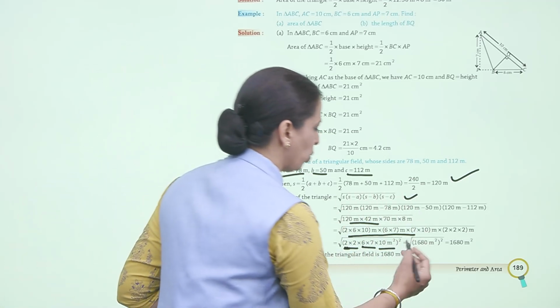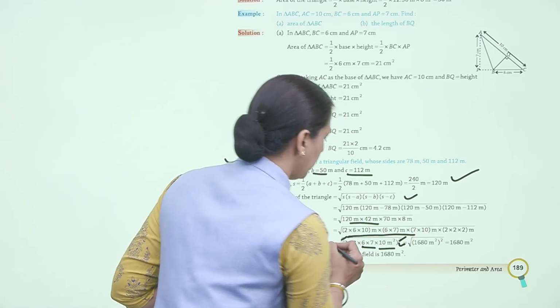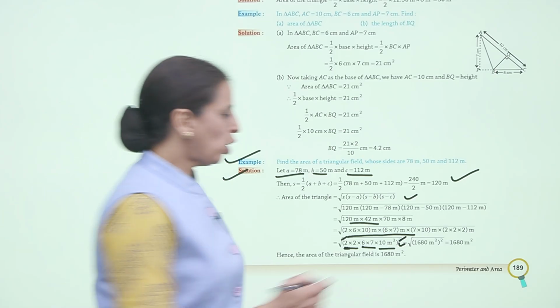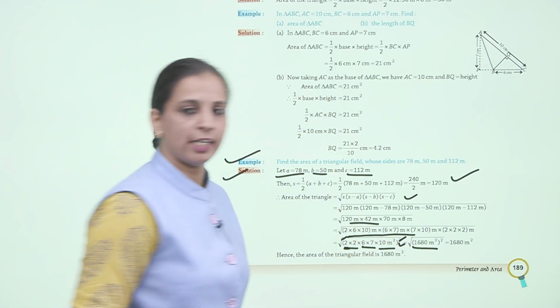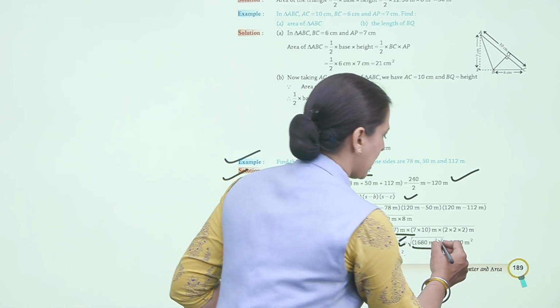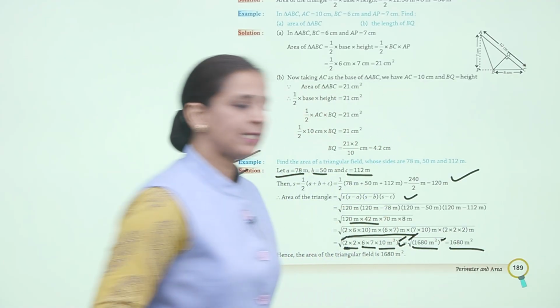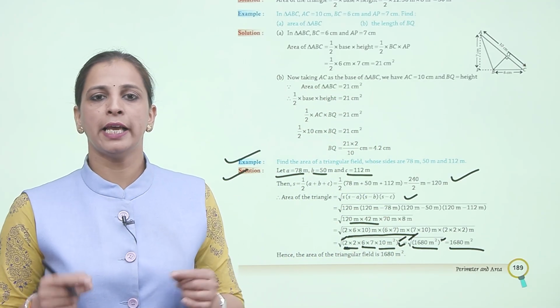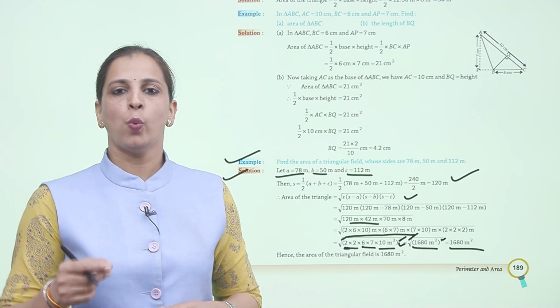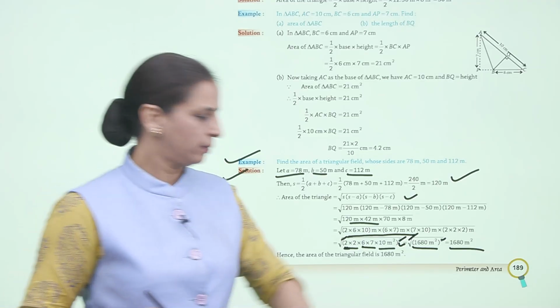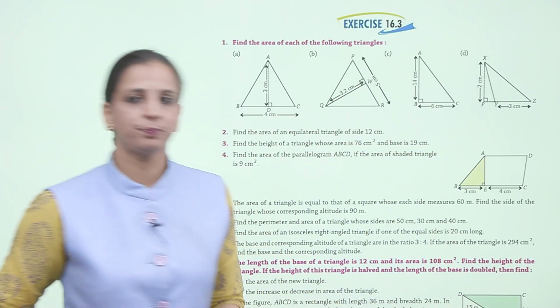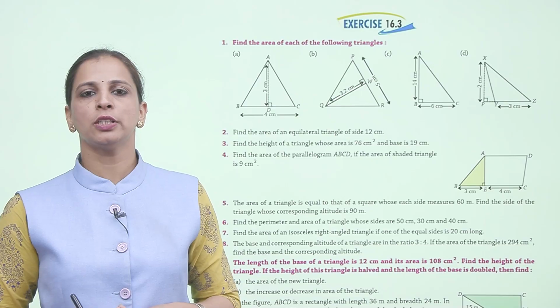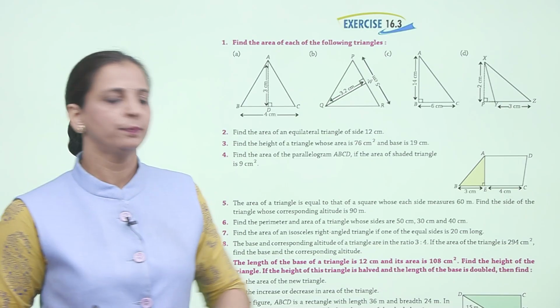और ये सारे कितने हैं, 2 टाइम्स है तो इनका स्क्वायर, स्क्वायर से रूट क्या हो गया, कैंसिल. सो ये मल्टीप्लाई किया 1680 तो स्क्वायर से रूट कैंसिल, तो हमारा क्या आ जाएगा 1680 मीटर स्क्वायर. Hence the area of triangular field is 1680 मीटर स्क्वायर. तो बच्चों सेम मेथड को यूज करते हुए एक्सरसाइज आप खुद ट्राई करेंगे.